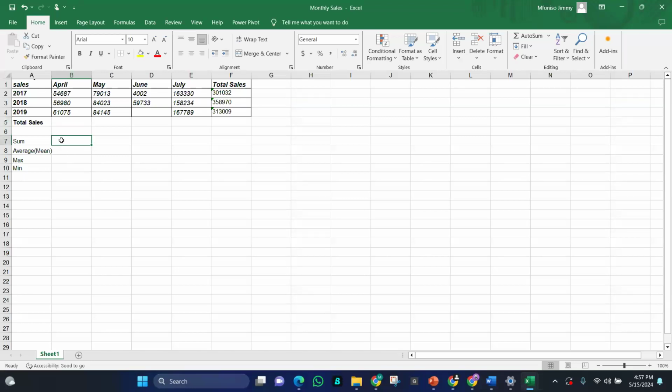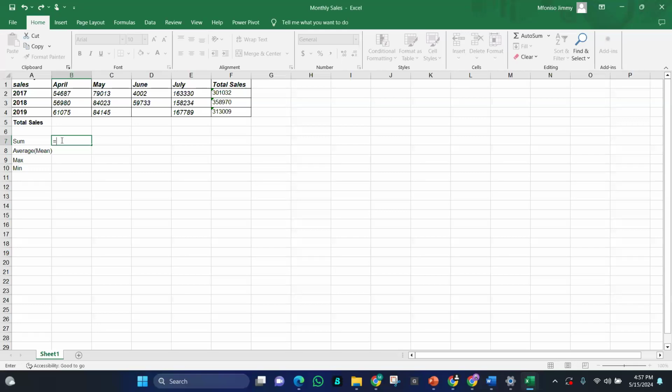Please jot this down. I'll share this sheet later so you can explore what you want with it. Please note that whenever we are working with a formula or function, we must always start with an equal sign.